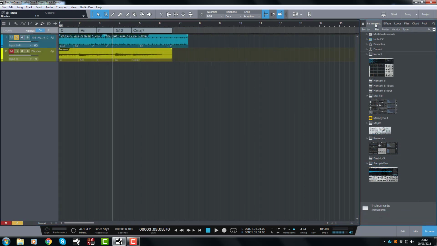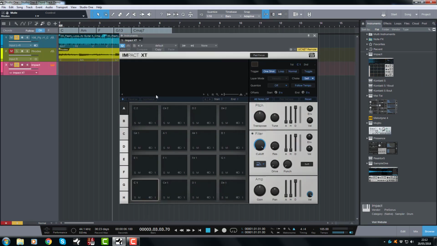So let's get on to some other things that have changed. Coming over to the instruments, you will notice that Impact over here looks a little bit slicker and a little bit funkier, as does Sample 1. Now the cool thing is these two were also heavily requested for some love, and that is what we've got. We've given these guys some love. So let's go and open this guy up,